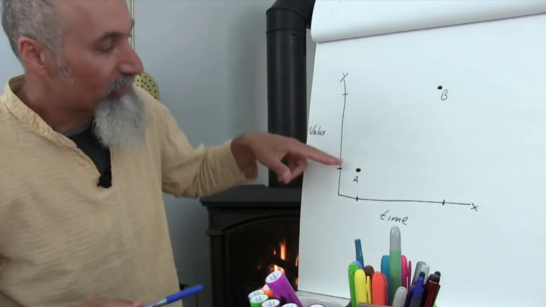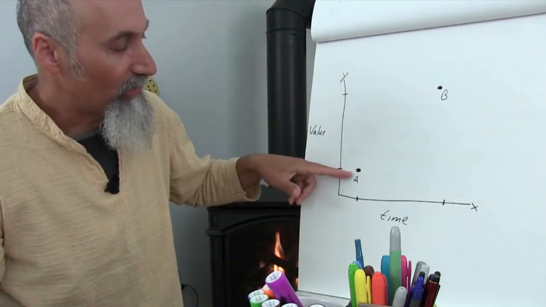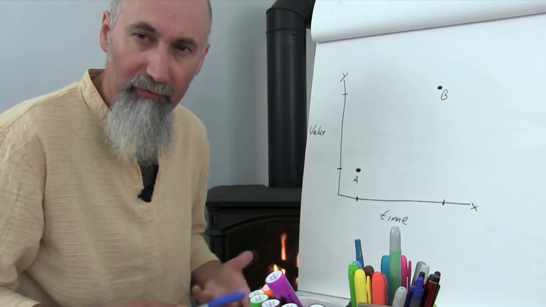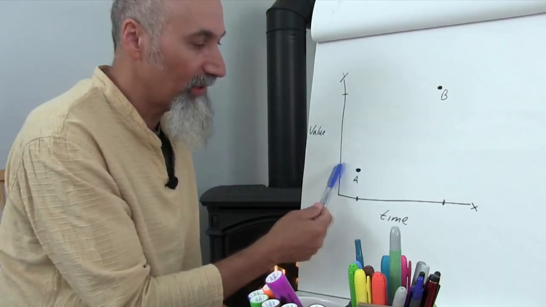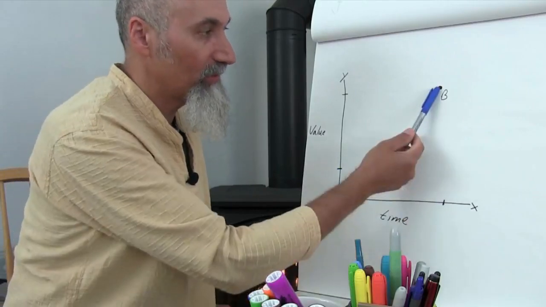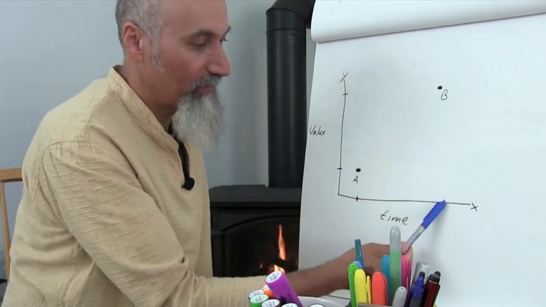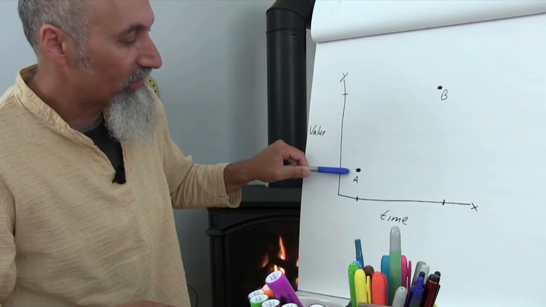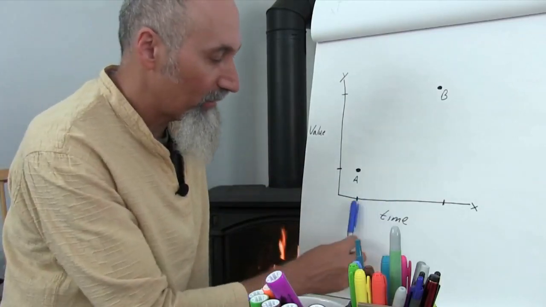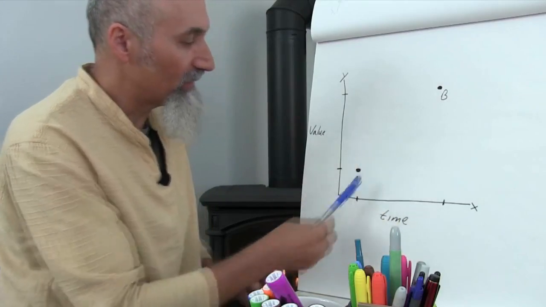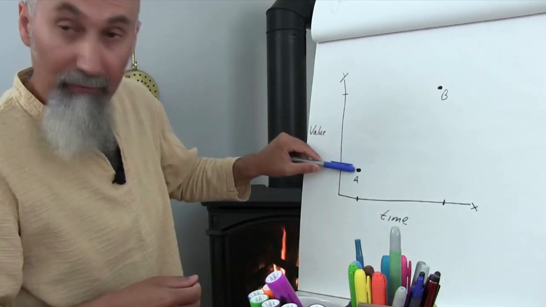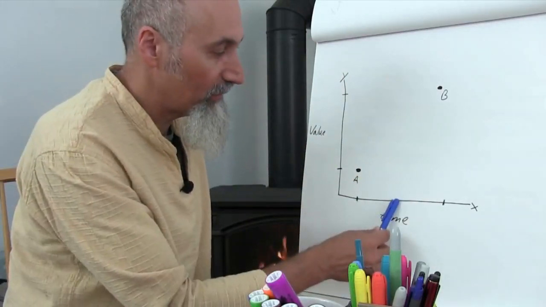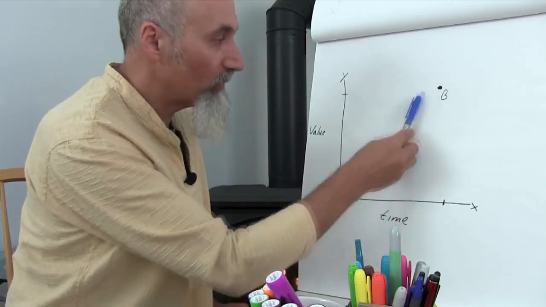Now this type of situation in mathematics is called a discrete type of function, discrete type of movement, right? Because we invested at a certain time and the value of that thing was this much at this time. It's called discrete because if we wanted to figure out what the value was somewhere in between this time and this time, we wouldn't know what it was, because this thing's jumping from this amount to this amount from here to here, right? So if we looked at the time in the middle, we wouldn't know whether to go here or here, right?